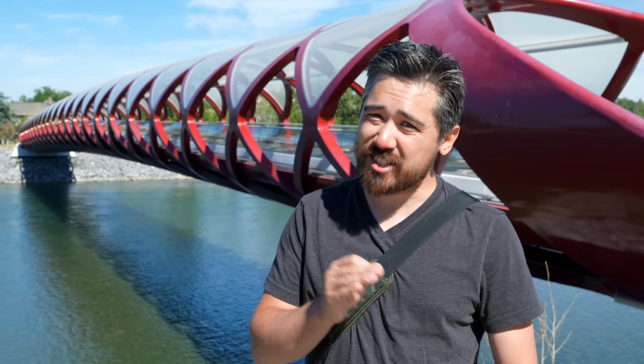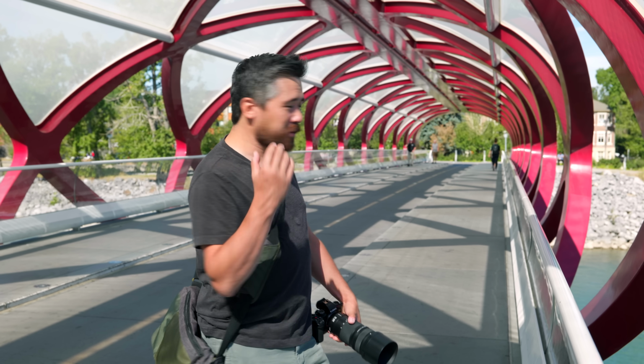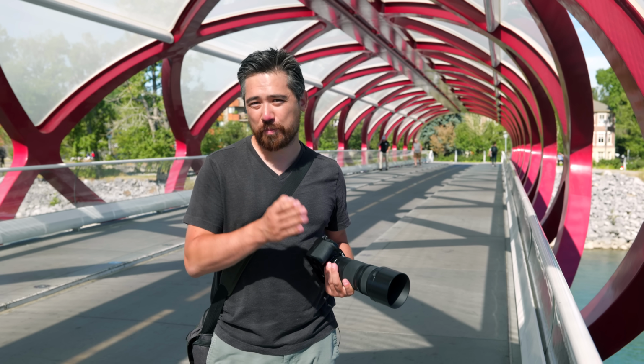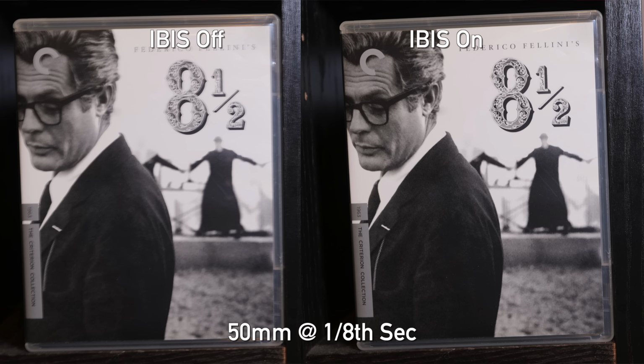CIPA ratings, 440 shots if we're using the LCD panel, 470 shots if we use the EVF. Now we're on the Peace Bridge here, but against all convention, we're not actually doing a walk and talk, we're doing a stable shot. But that's not to imply that this camera is not stable. In fact, it has the exact same IBIS system that we've seen in all the other Panasonic S bodies. 6.5 stops, very stable, nice to have in a camera like this price point,